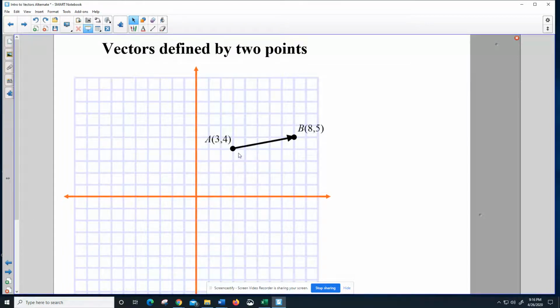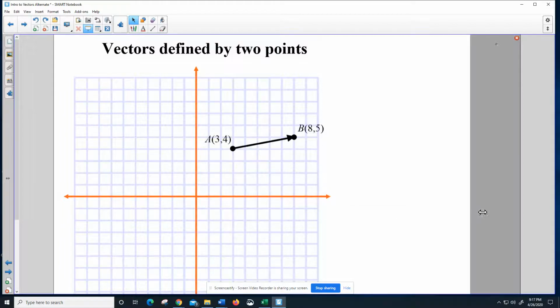Well, what I can do is easily see that if I were to move this to 0, 0, I can just count 1, 2, 3, 4, 5. So the x component would be 5, and then the y component would just be 1. Now that's great in 2 dimensions when I've got a nice Cartesian plane. This would not be easy to see in 3D. So we want something that doesn't rely on having to look at the diagram. Since I'm producing this vector A to B,